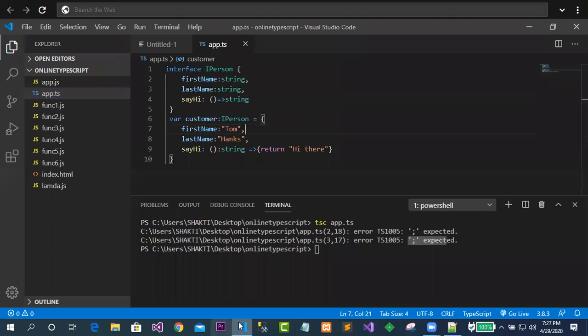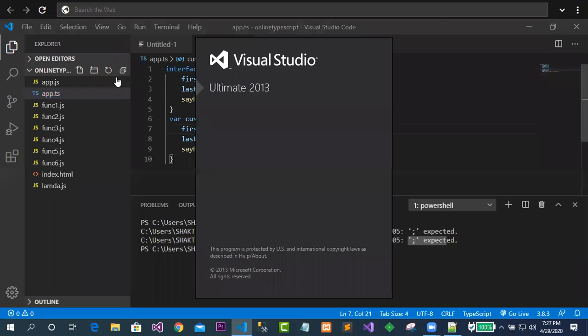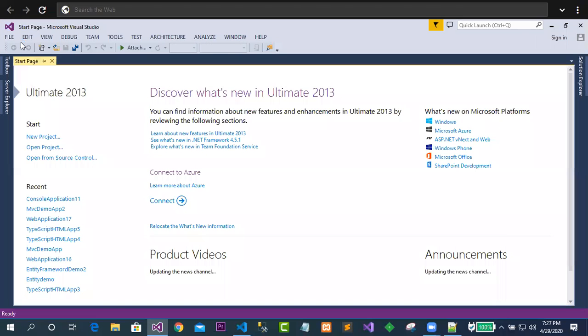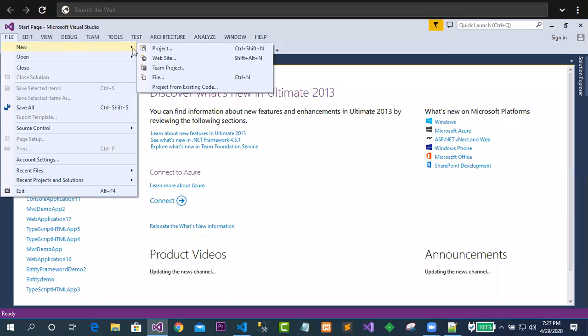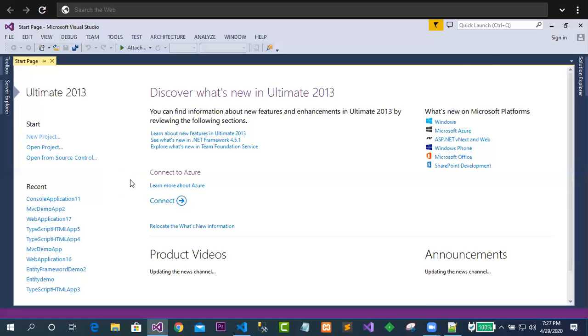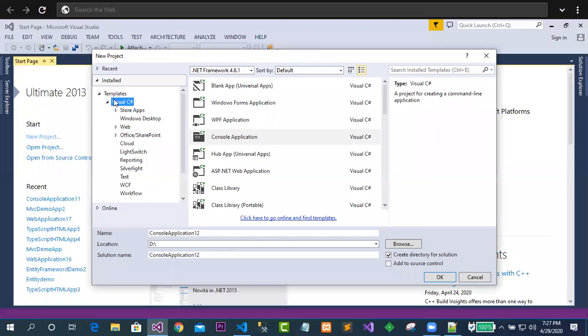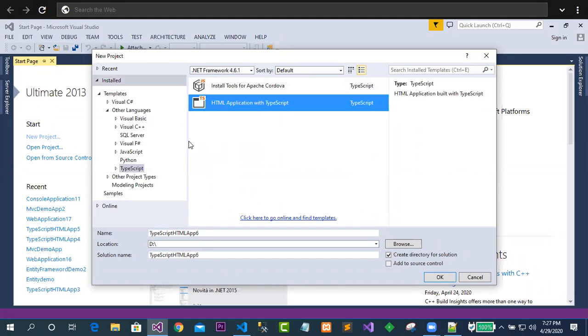Let me go to my Visual Studio. Guys, it is having some problem because the versions are not yet set in Visual Studio Code. I will show later how we control versions. For now, let me check this by creating a project. Go for the other language, that is called TypeScript. Let me create a new one.